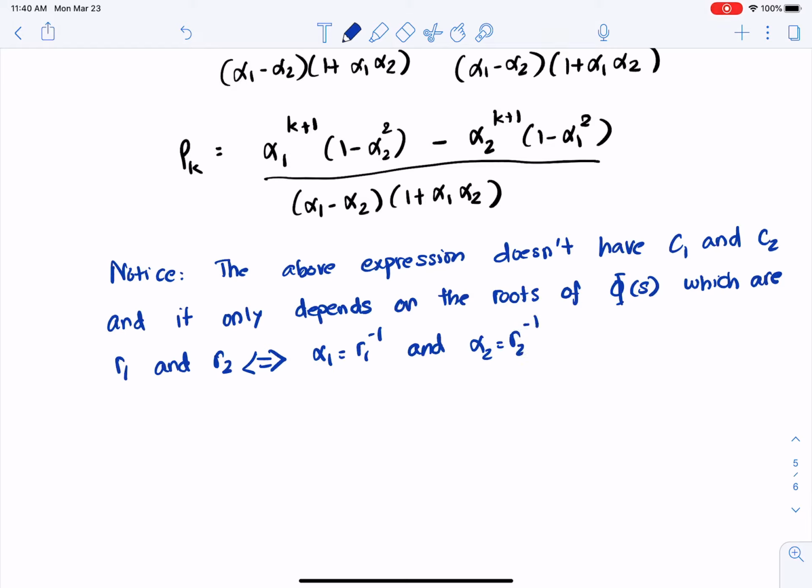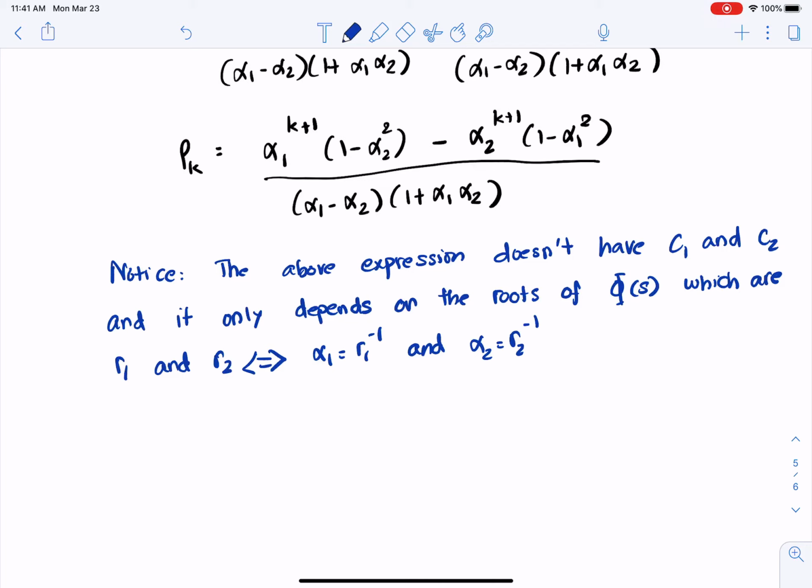So what is the benefit of this expression? In the past, when we connected the roots of the characteristic polynomial to the general expression of the ACF, we had to solve for the constants C1 and C2 by inverting the matrix. With this expression, we don't even have to invert the matrix to find the constants. We can simply find the roots of the characteristic polynomial, plug them in this equation,